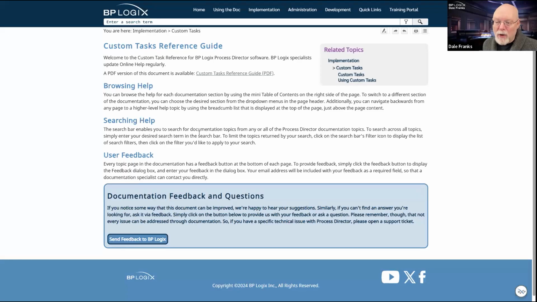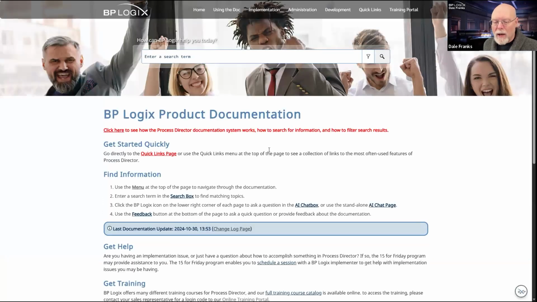In fact, if you look at the homepage of the documentation, let's go back there real quick, you can actually see when the last time the documentation was updated. Now, when I update the website, all of the documentation gets updated at the same time. It takes me about 20 minutes to publish all of the documentation for the website. However, each of those individual PDFs are also updated.